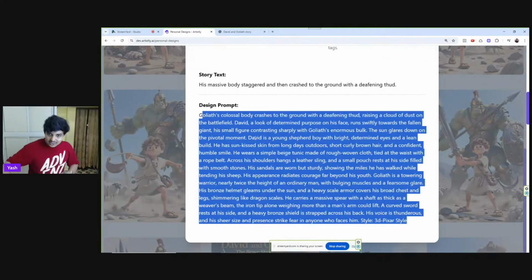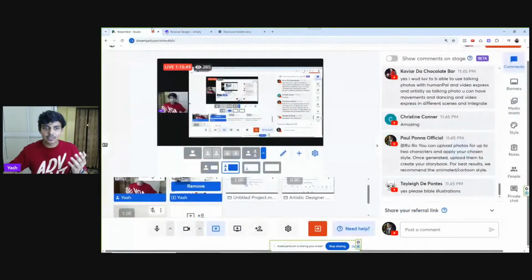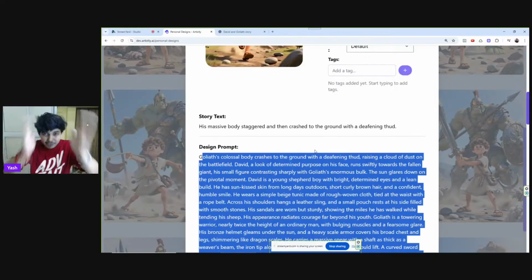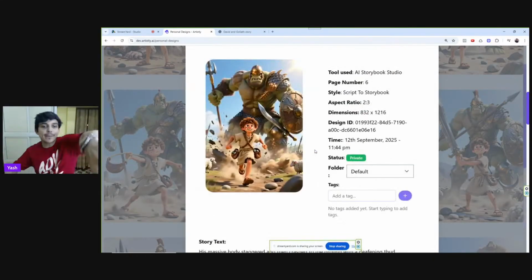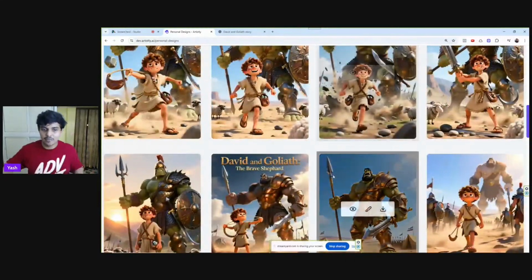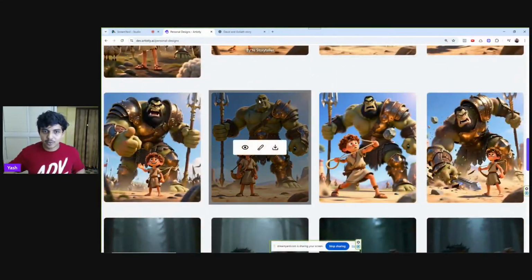You can always take this prompt, and this is what I was telling you about, guys. You can take this prompt and use Artistly or any other generator, the create from prompt, artistic designer version 1 or version 2. I hope my screen is visible. You can take this prompt, regenerate until you get the perfect result, and swap it with this image. How powerful it is. It gives you more control, though.